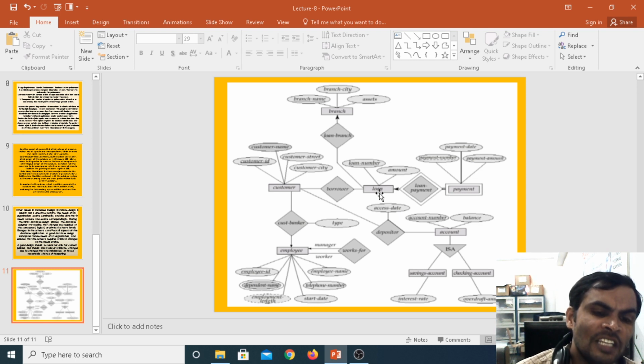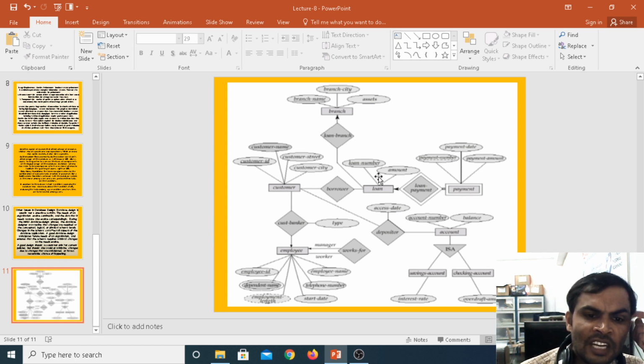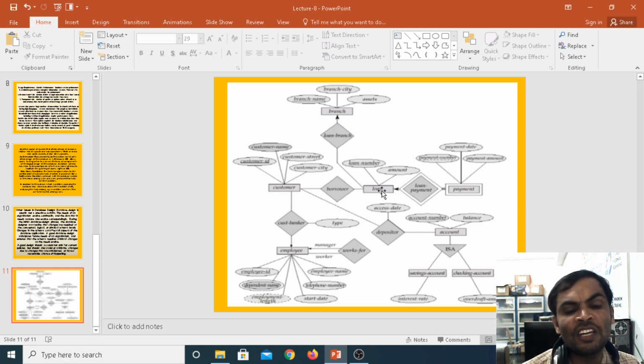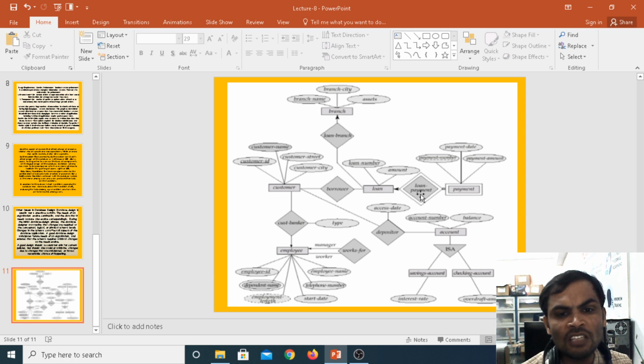Under the loan entity set of the data schema, loan number has a solid line. The loan number is considered as the primary key. With the help of this entity, we are defining our own entity. This we can call the defining entity set or owner entity set. Between these two entities, we should give the relationship.